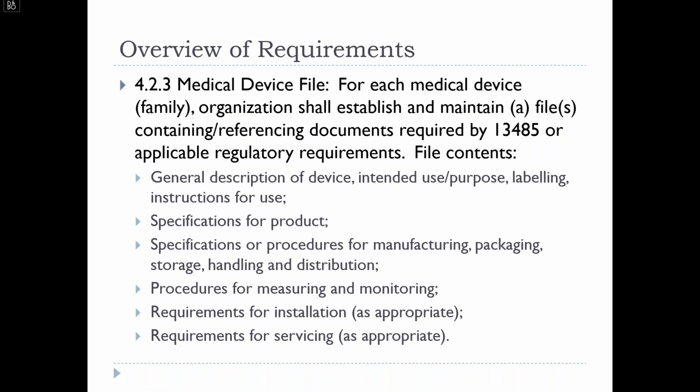4.2.3 talks about the requirements related to the medical device file. So for each individual medical device or family of devices, the organization needs to establish and maintain a file that contains or references links to documents required by 13485 or applicable regulatory requirements. File contents include the description of the device, its intended use or purpose, labeling and instructions for use, the specifications